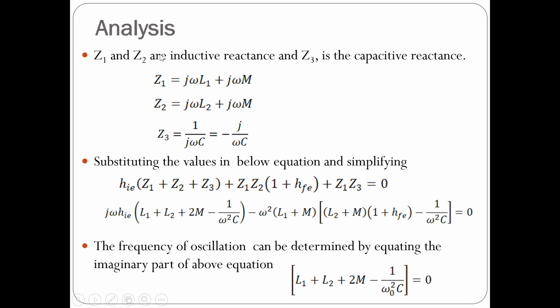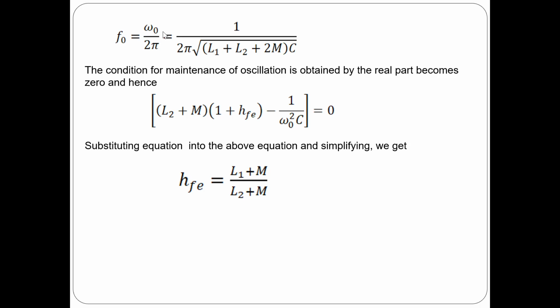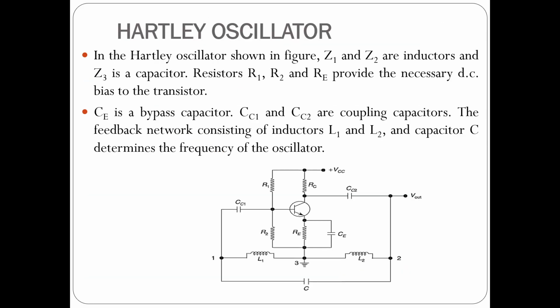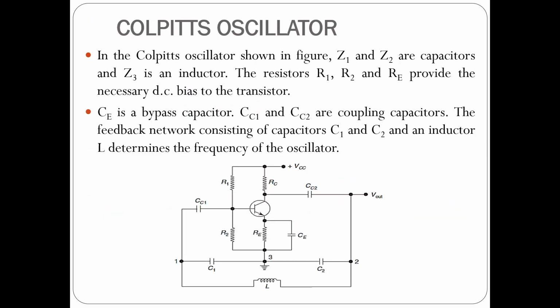So analysis: Z1 and Z2 are inductive reactances and Z3 is the capacitive reactance. So we can derive the impedance value for the given circuit, and finally we get the output frequency equal to 1 divided by 2 pi root of (L1 plus L2 plus 2M) into C. So the final equation is hFE equal to (L1 plus M) divided by (L2 plus M). This is the operation of the Hartley oscillator. So next one,